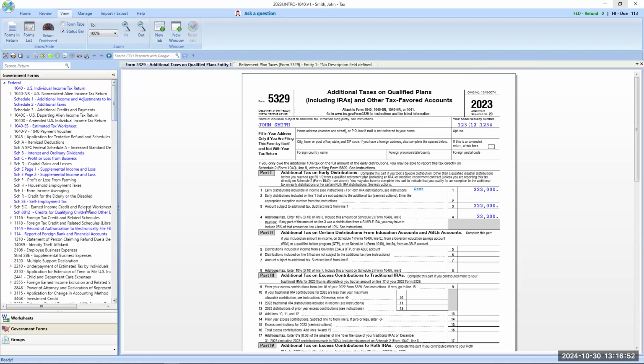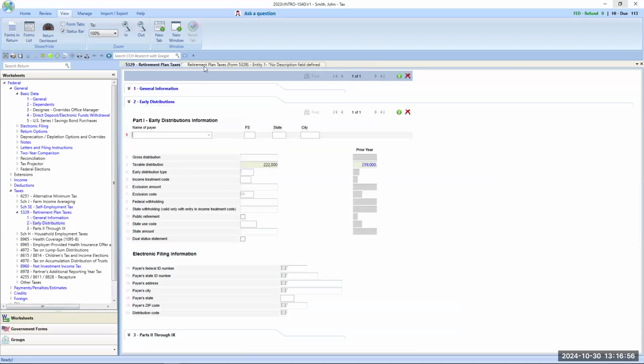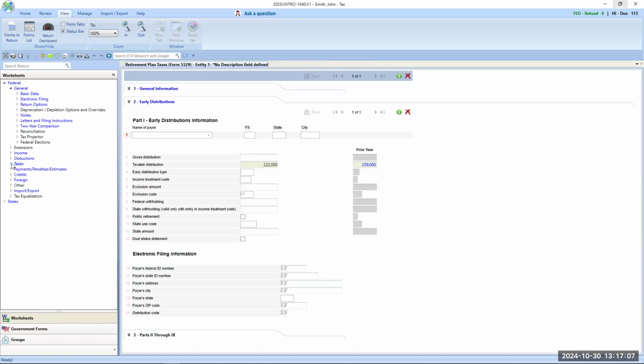All right, now we're going to go to the worksheets. I'm going to go to the actual federal form. I don't need that open anymore. I don't have to close it, but I'm going to close that one. And now I am going to navigate and just show you the steps to navigate utilizing the navigation panel and